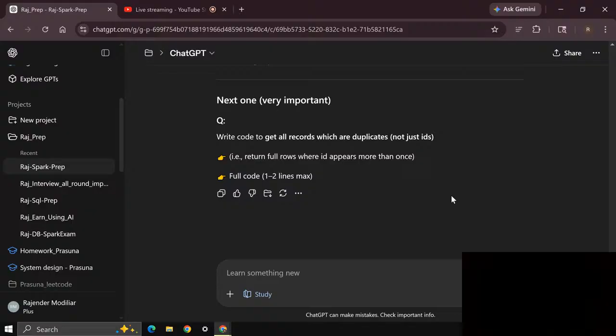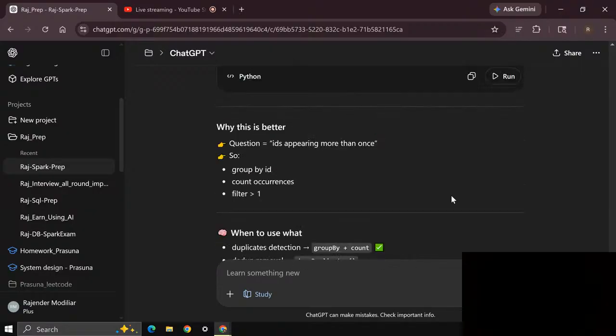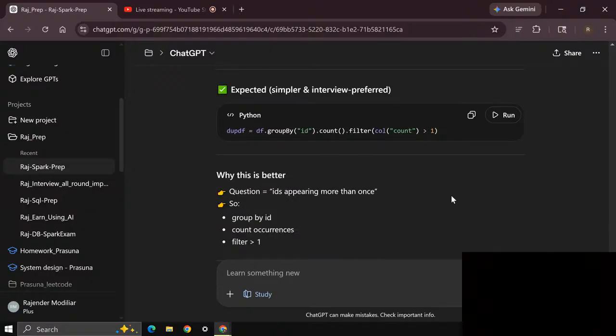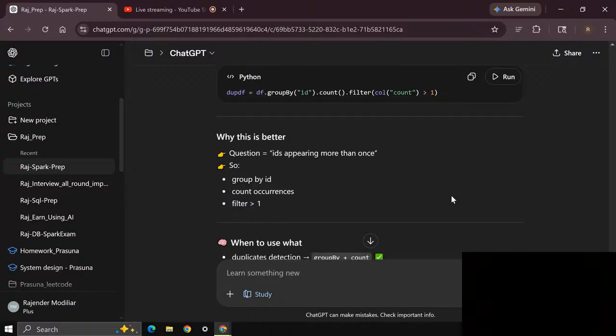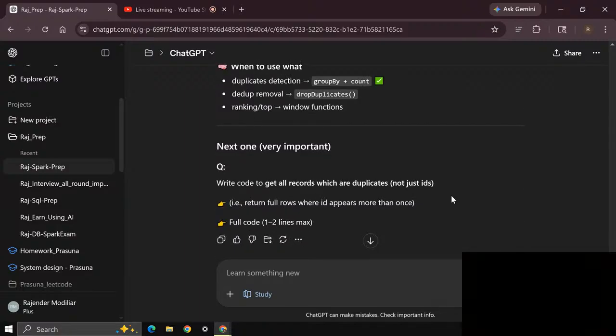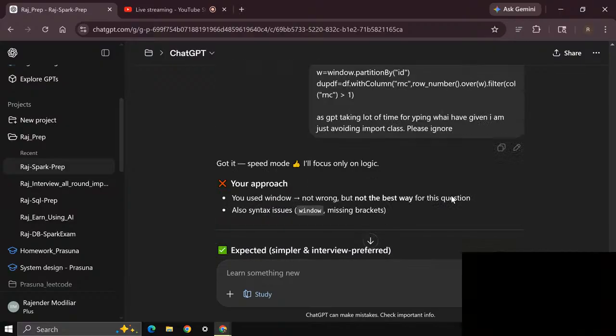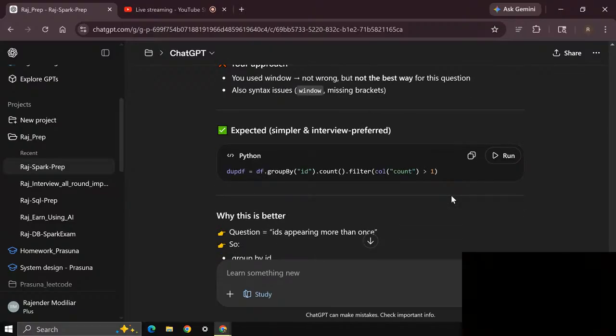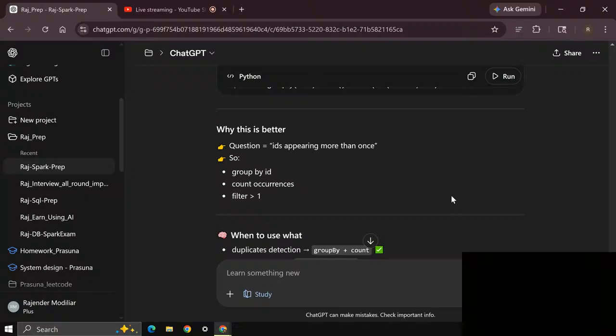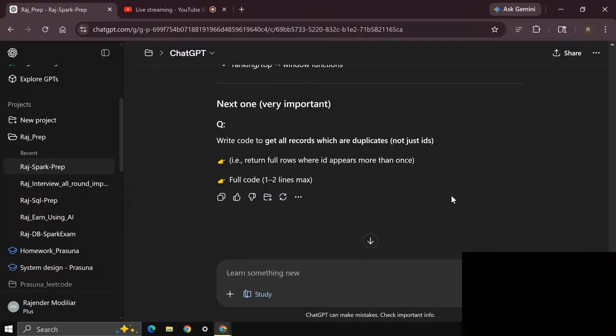I think it is the same, but it's hard to understand now. Okay, let me see count of star. No, it is count the records, right?